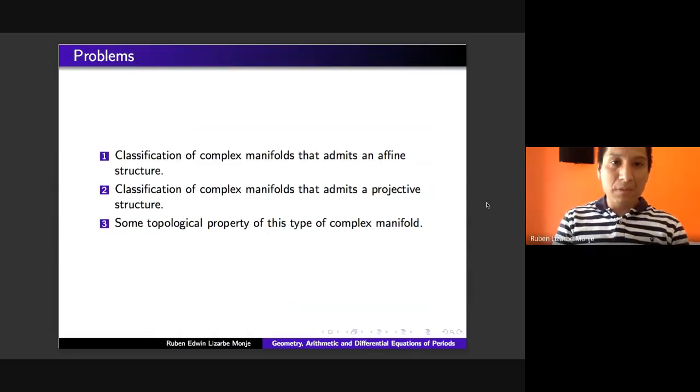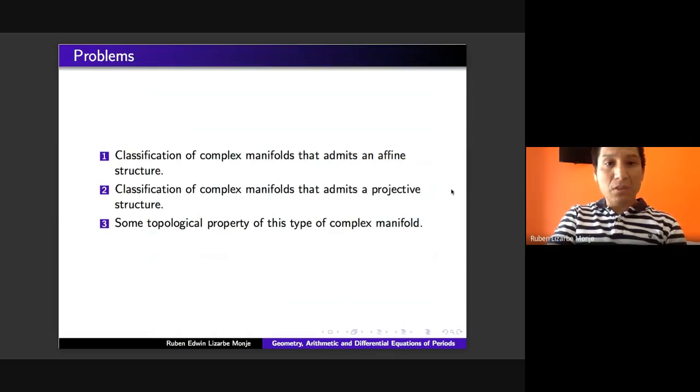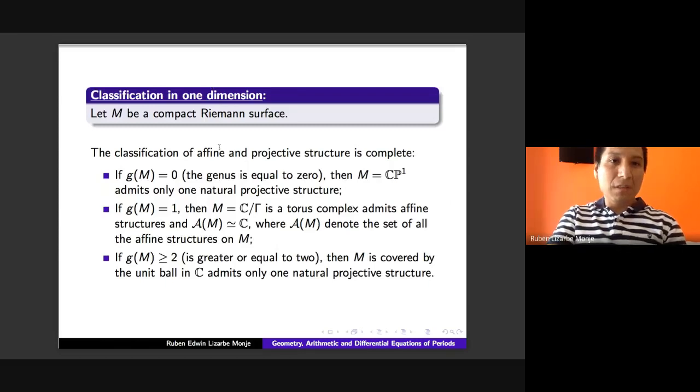In general, the problem is the classification of complex manifolds that admit an affine structure, and likewise those that admit a projective structure, and the topological properties of this type of complex manifold. Generally there exist topological restrictions for these structures. In dimension one it is easy because M is a compact Riemann surface, and the classification is complete. For example, if the genus is equal to 0,